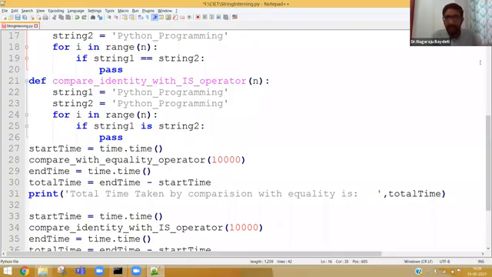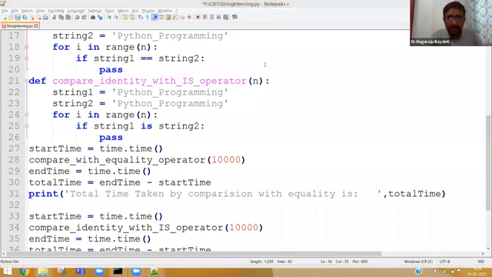Is it clear now, participants? The double equal to or is operator comparison should be done only for the strings that are interned. When a string is not interned, there is no way of using the is operator. The is operator can be utilized only for the strings which are interned, but not for the strings which are not interned.